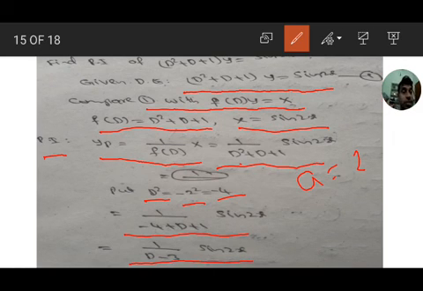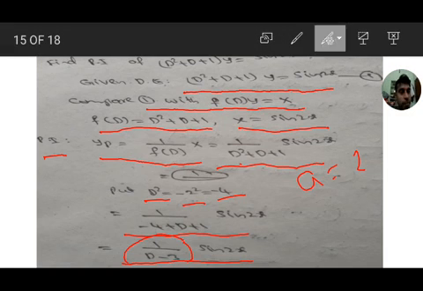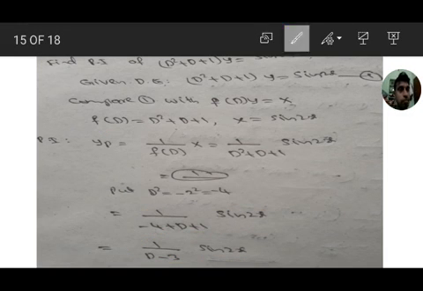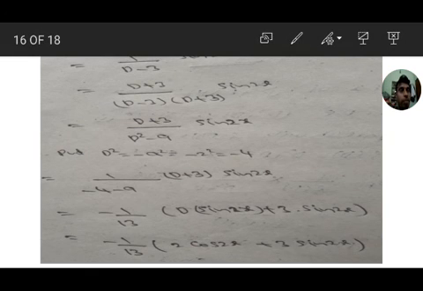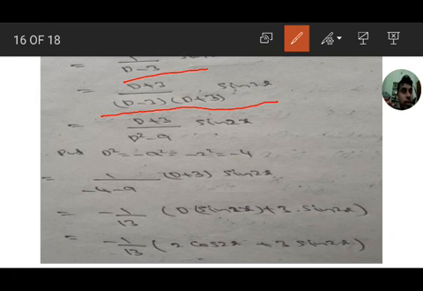that is 1 by (D - 3) sin 2x. Here also, in this problem, after substituting we are getting D terms in the denominator. So convert this D term into D² by rationalization, means multiplying and dividing the numerator and denominator with D + 3. It is D - 3, so we have to multiply and divide with D + 3. So (D + 3) by (D - 3)(D + 3) sin 2x.